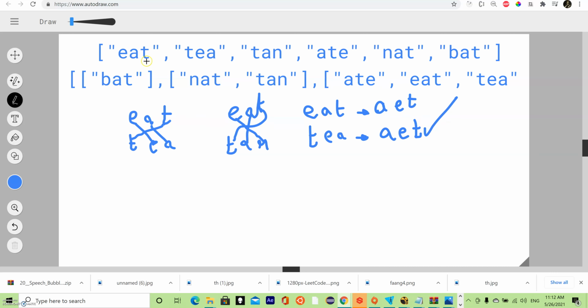So how can we group these words according to their anagrams? Say here ate, eat, and tea are the same anagram. They share the same amount of characters and the same characters. If we just rearrange them, we will get the same word. And the same here, nat and tan. So how are we going to group them according to their